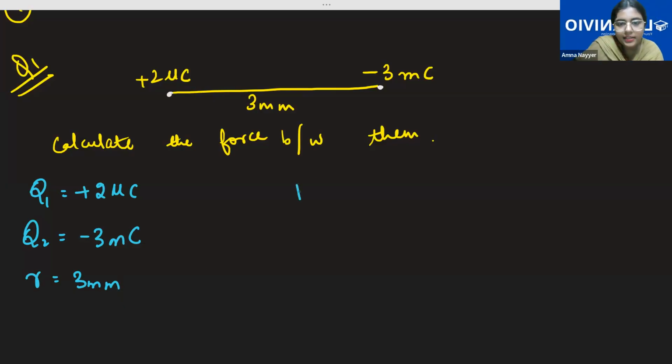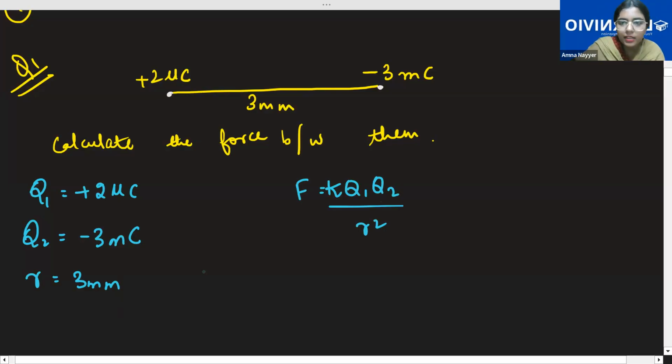So the formula we discussed was F is equal to K Q1 Q2 divided by R square. Now, can someone tell me what are the values that have to be put in here? Just tell me what I should write. Anisa, you tell me the value of this constant K. What is the value of this constant? This constant must be having a certain value. You there, Anisa? Present or not? Yes or no?